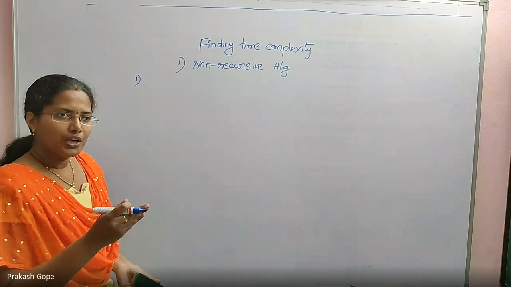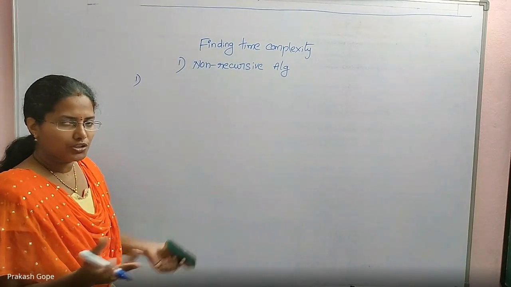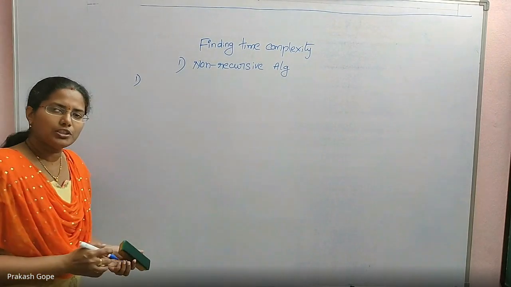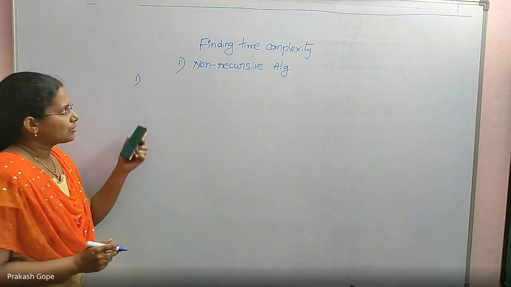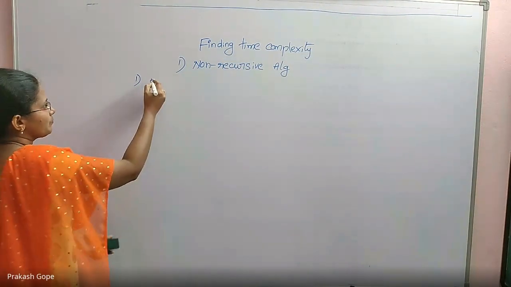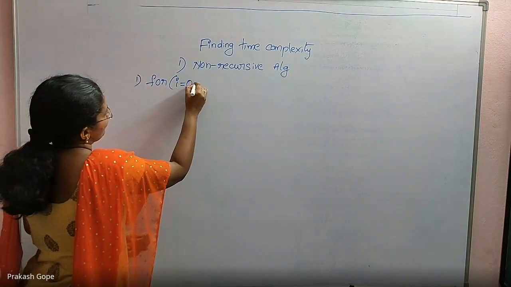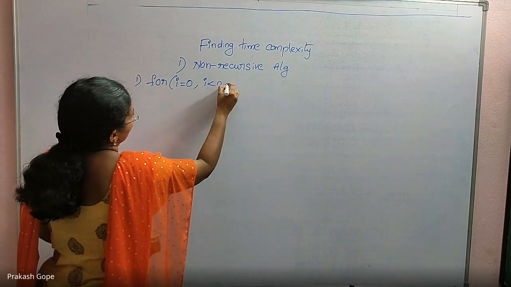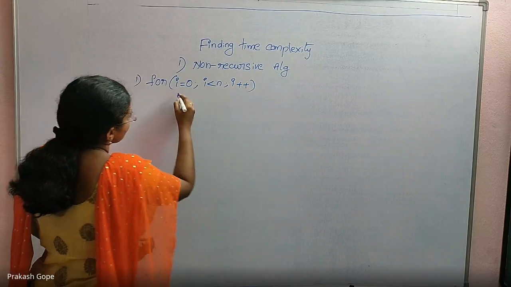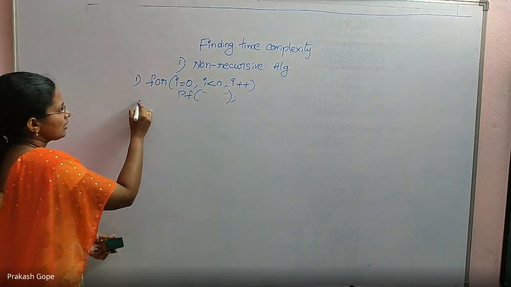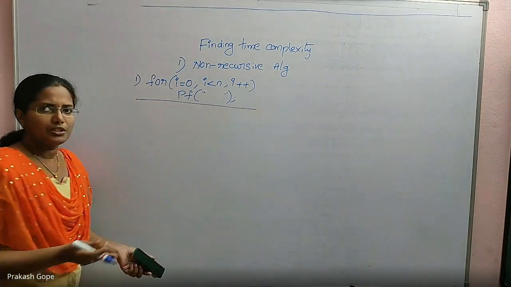Even if you have other instructions, a fixed number of instructions without having any other loop, that's all. Time complexity depends on this for loop only. So based on that, I'm writing just the for loops. For i equal to 0, i less than n, i plus plus. There is a printf statement. That's all. This is an algorithm which is present in the main function.